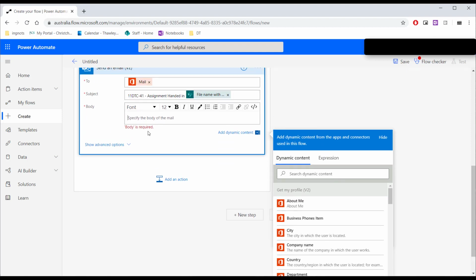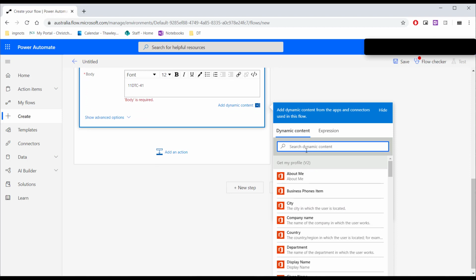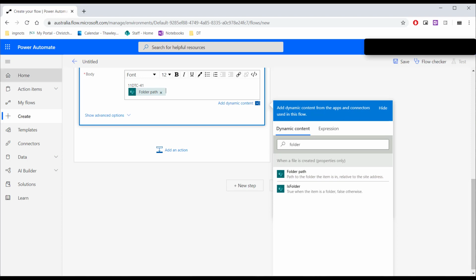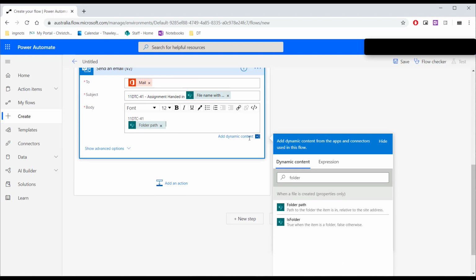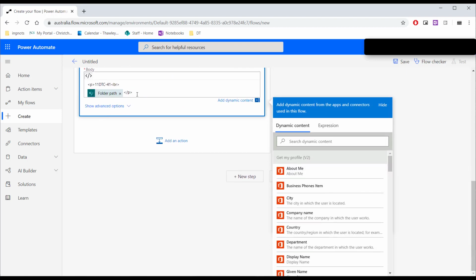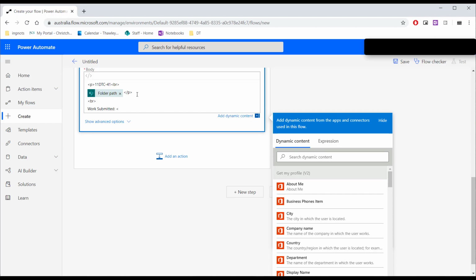So we might put some other details. I might say I want, once again, we're going to use a fair bit of this dynamic content. The folder path, so basically where it is. Oh, I actually want to be doing this in code view, because I'm going to actually make a hyperlink here. So I'm going to have work submitted, and let's put a couple of breaks in there,